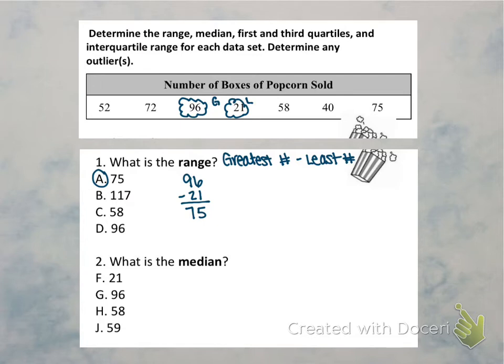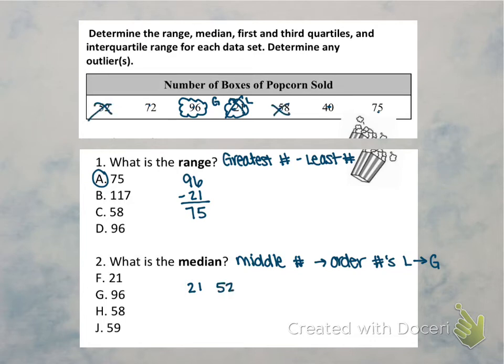Then we have what we have already reviewed, which is our median. So remember, median means middle number. So to find the middle number, we are going to have to order the numbers from least to greatest. Okay, so remember we need to count how many numbers we have. 1, 2, 3, 4, 5, 6, 7. That way we make sure we have 7 in our order. So smallest is 21, followed by